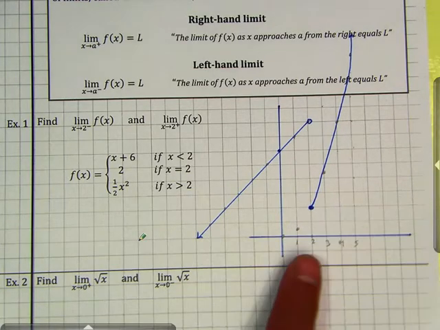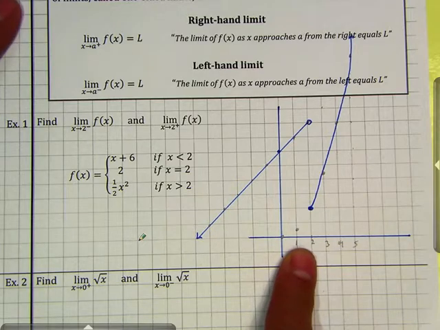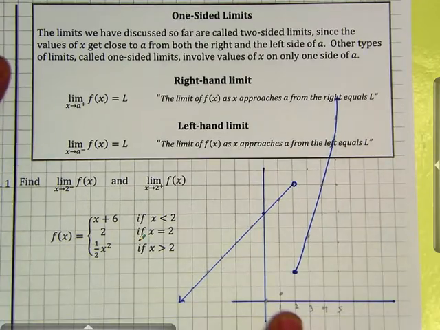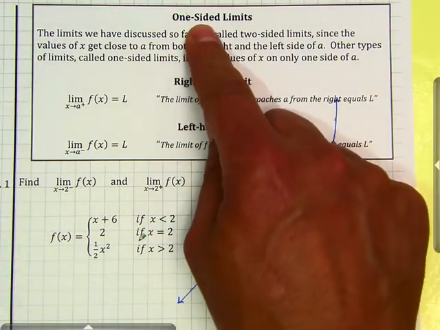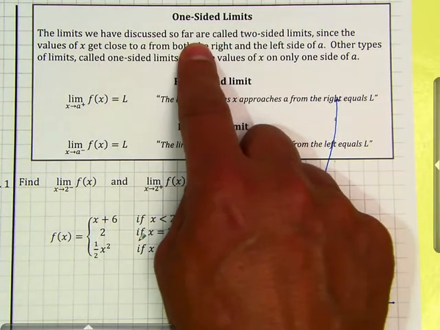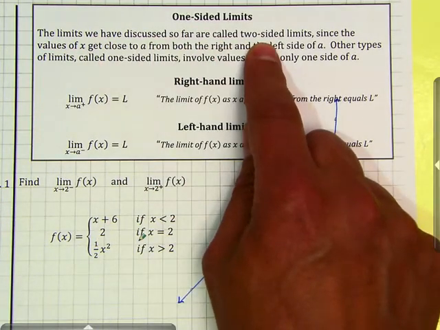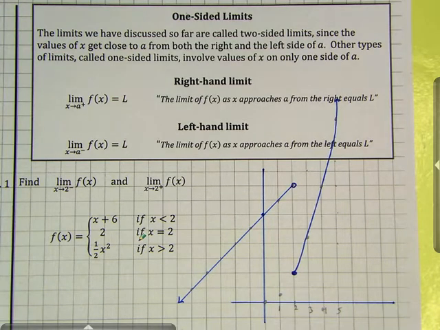So that's what you should have for your graph. So let's go over the cutoff for today. One-sided limit. Limits that we have discussed so far are called two-sided limits. So the limits that we covered in section 12.1